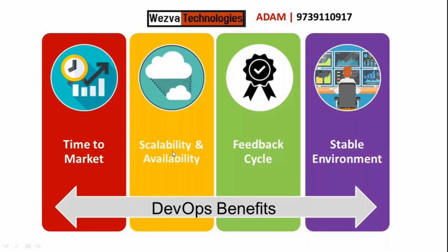So for a thing like this, what organizations are looking at is implementing a concept called DevOps, which will help the organization deliver the product as soon as possible. At the same time, you have the ability to scale your application in production depending on the need. And you should be able to get feedback on your product so that you can always improve its quality. And it's not just about running everything. You need to make sure your environment is stable and highly available. Okay. So this is why organizations are implementing DevOps.